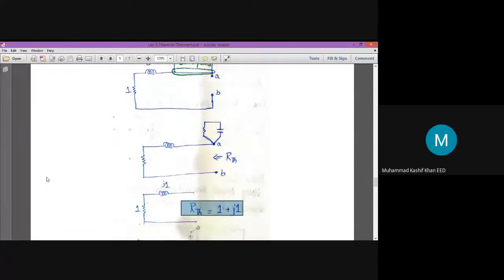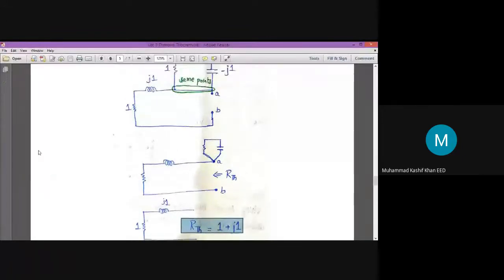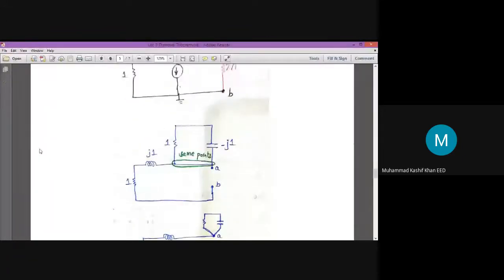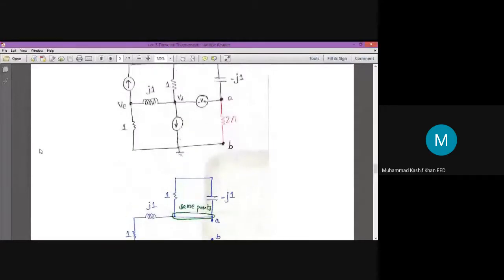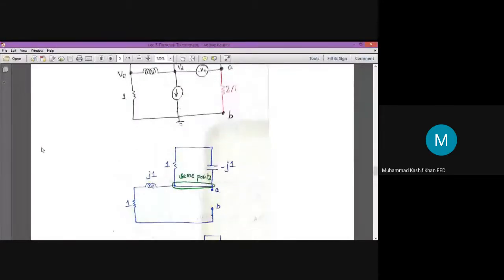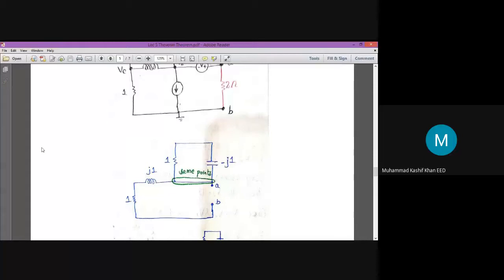So this is one scenario. Another scenario is how the question may turn out for you during examination. So you have to take care about finding out the Thevenin equivalent impedance because this is the critical step in Thevenin theorem. If you miscalculate Thevenin equivalent impedance, your question might not be considered as correct.